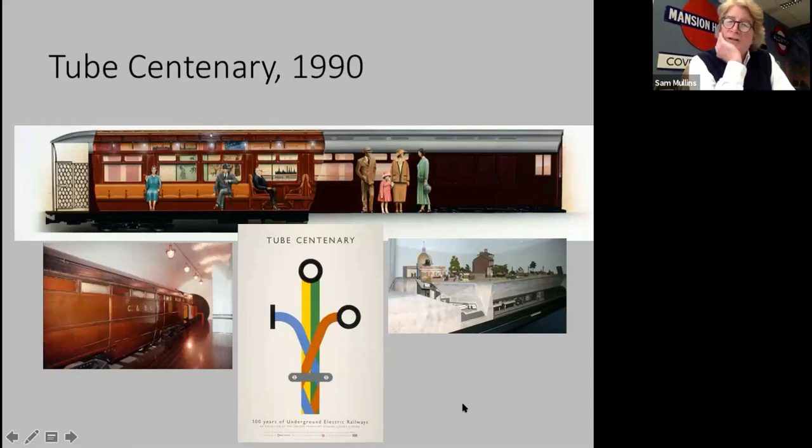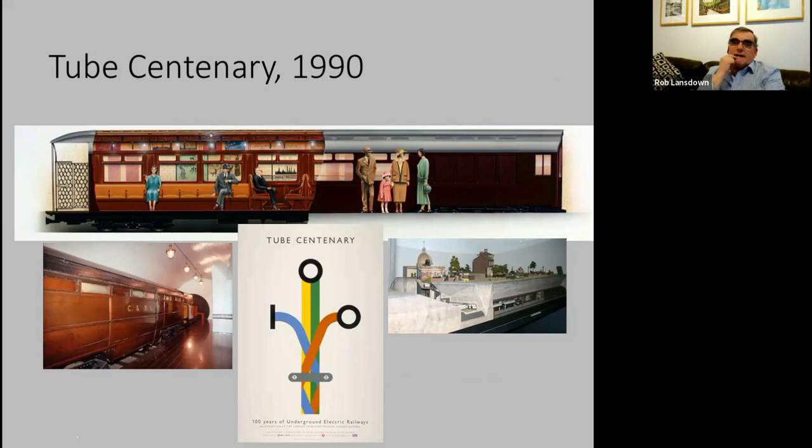So, I think you felt that doing this exhibition for the centenary of the Tube in 1990 was quite a big step forward in that narrative development of the museum. Yeah, I think it was in terms of the leaps that the museum took. Although we had lots of little special exhibitions that were mainly getting the poster collection, now the photographic collection, out into the galleries, this was the first time we took away about a third of the road vehicle section of the museum and created this 2/3 scale model of Stockwell Station, where we were able